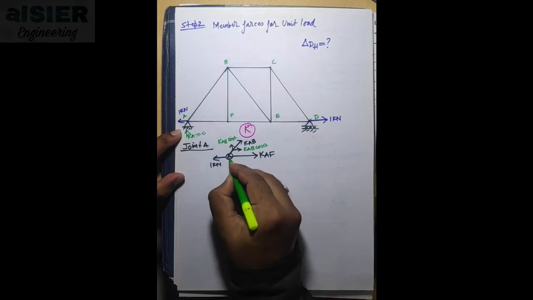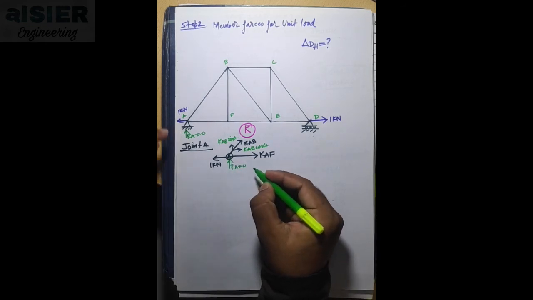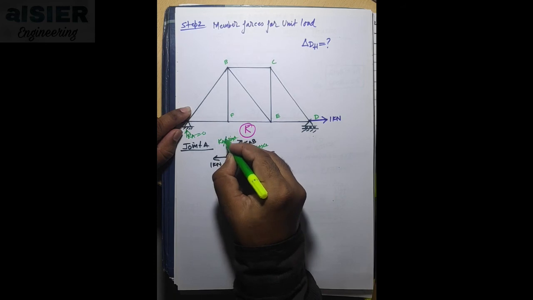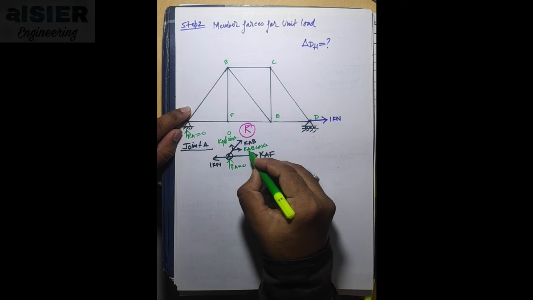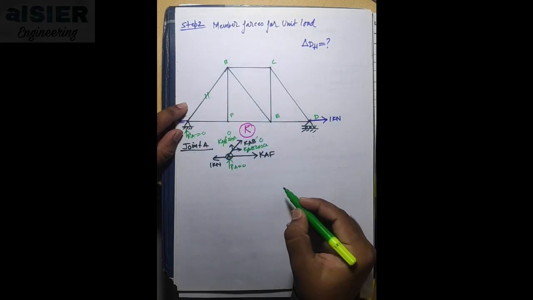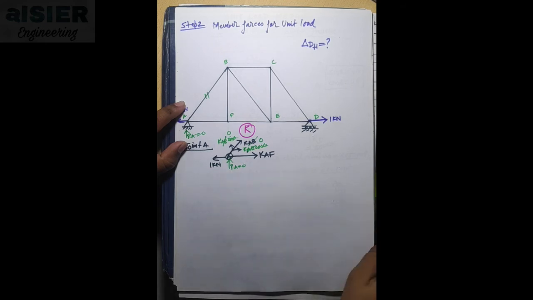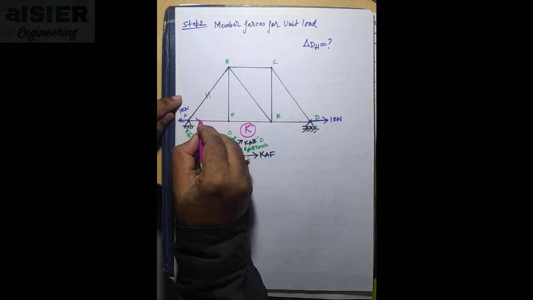So this RA is equal to 0, and if we do a summation of Fy, we will come to know that if this is 0, this is also equal to 0, and if this is 0, it means this is also equal to 0, right? And therefore in this member there will be no force. So what will happen here, if this is 1 kN, this is also 1 kN, but we have considered this as away from joint.